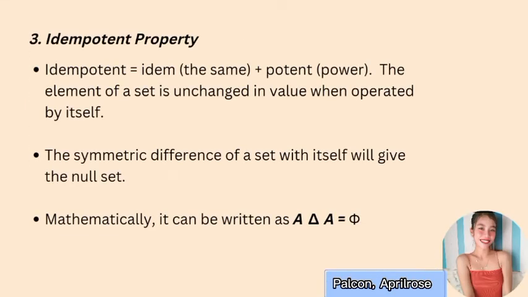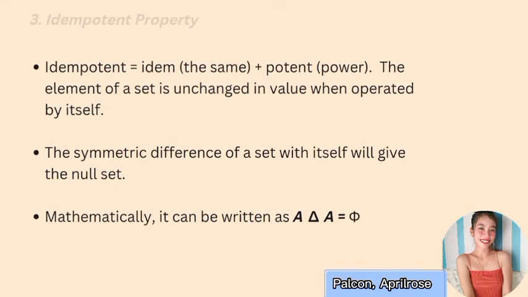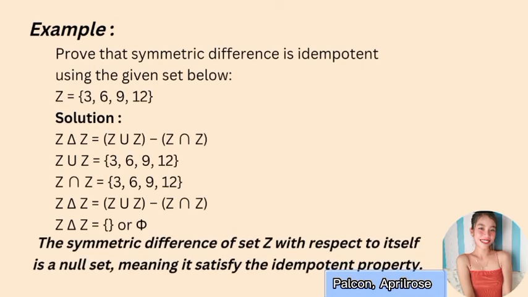Idempotent property. The idempotent property is that an element of a set is unchanged in value when operated by itself. So, the symmetric difference of a set with itself will give the null set. Mathematically, it can be written as A symmetric difference A equals the empty set. So, for example, prove that symmetric difference is idempotent using the given set below. Z equals the set of 3, 6, 9, 12. So the solution is